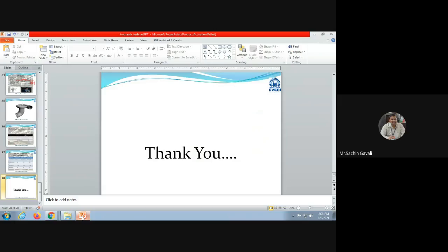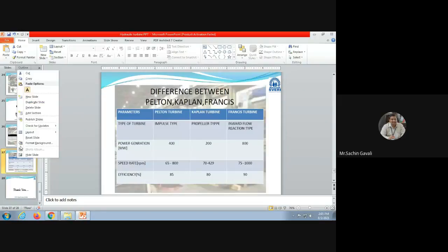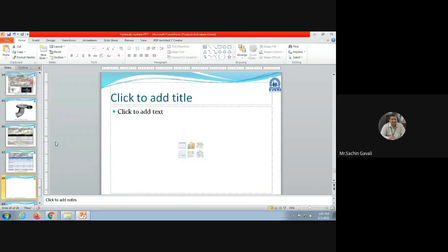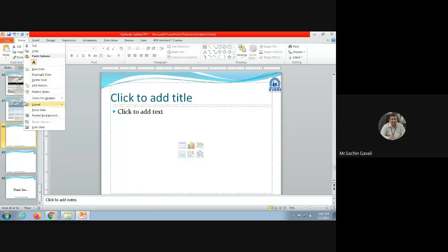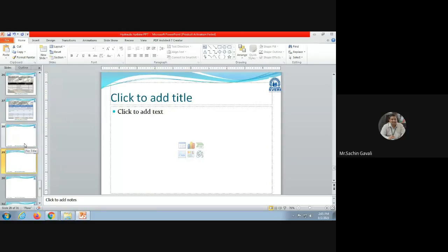Before that, we have to discuss the general velocity triangle, and then afterwards we will relate that velocity triangle to the Pelton turbine. Does anybody have doubt up to this point? Understood? Because this is basic. If you understand, then and only then can we solve the numericals. So I am going to provide you the notes.